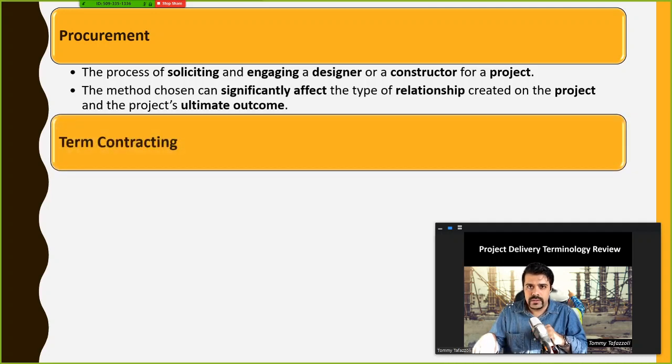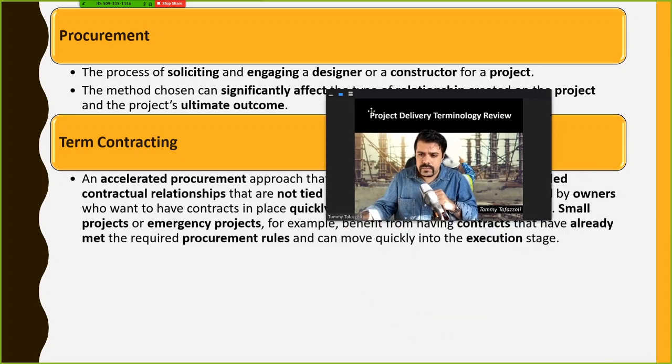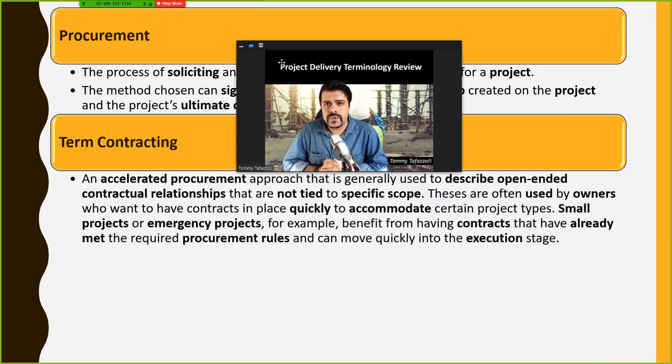So the term contracting is good when it's a quick method in which the owner provides some open-ended requirements that would apply to many projects. Okay, so the contractual relationships are set. So instead of starting from scratch, the owner has a tool that has a lot of information in it, a lot of requirements of the contract have been addressed in it, and the owner could make some minor modifications and prepare the contract for any specific project.